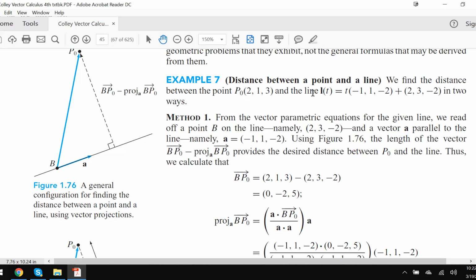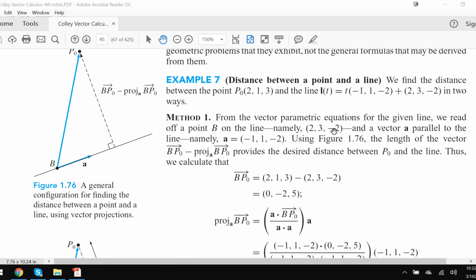So the distance between a point and a line. We find the distance between the point (2, 1, 3) and the line. Now we're given the equation of the line in its vector equation, like this. So, method 1. From the vector parametric equations for the given line, we read off a point B on the